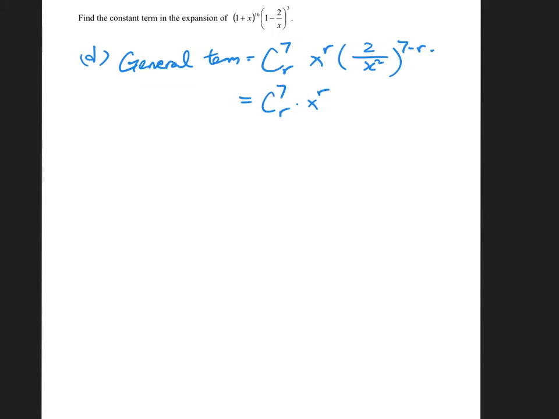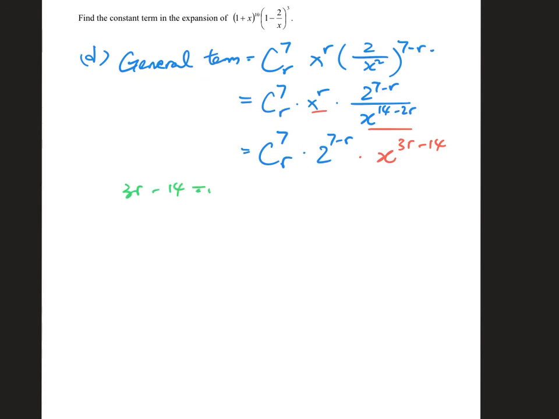So you have x to the power r, 2 to the power 7 minus r, x to the power 14 minus 2r. And then, what's that? 2 to the power 7 minus r is a constant, and then these two terms after simplification is x to the power 3r minus 14. In order to have a constant term, that means 3r minus 14 will be 0. But now you see that r is 14 over 3, which is not